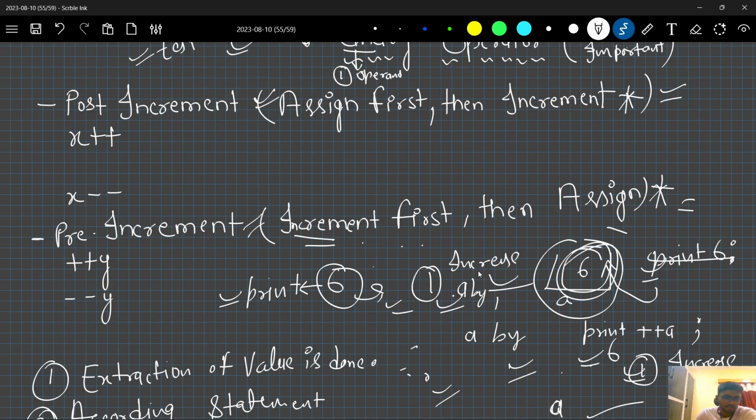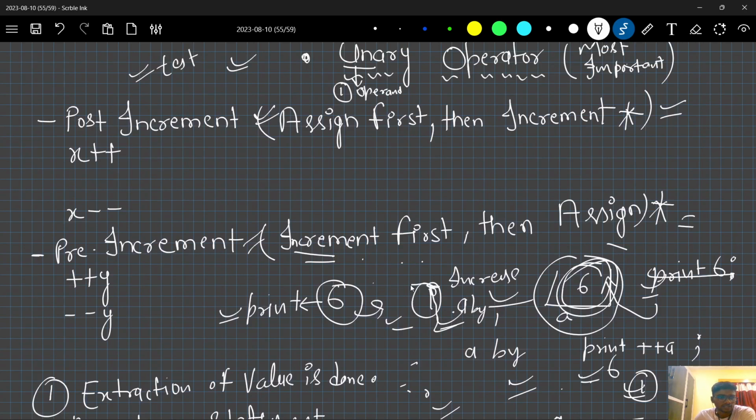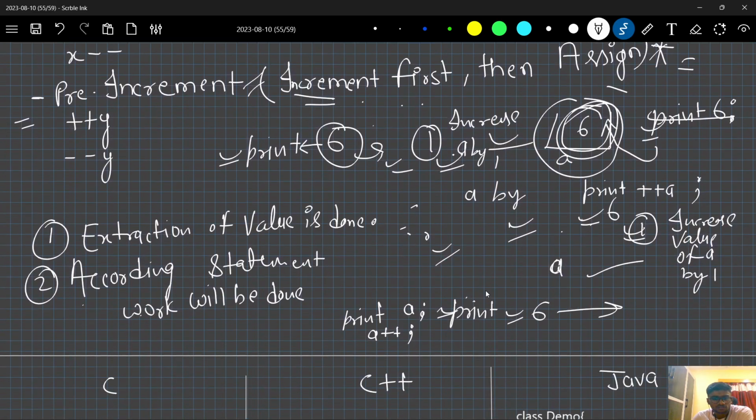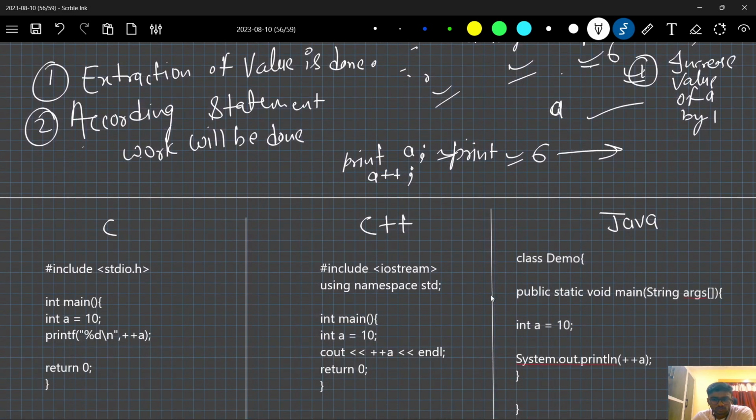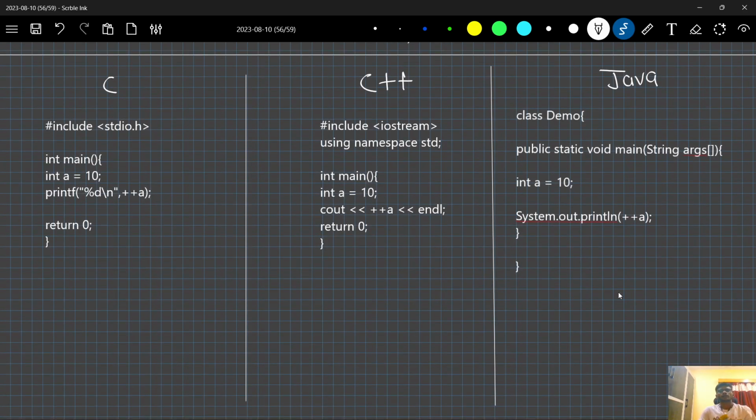Hope you understood it, and you are pretty much clear with pre-increment and post-increment operators within the particular languages. Now I will let you know how to practice. These are some basic snippets, and I want you to get familiar with this by writing the snippets within the online compilers and using them to understand more by yourself, and